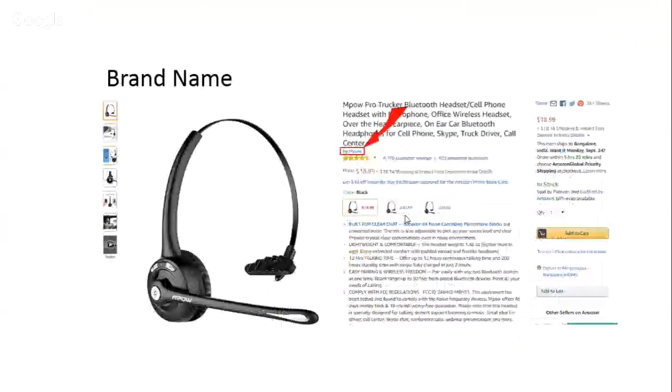And the other name is the brand name. So when you see the product, you must have seen on the product page, somewhere on the bottom, just below the title, it will say "by" and a name. That "by" name is nothing but the brand name. Brand name plays a bigger role here, and the brand name is something which will identify your product.